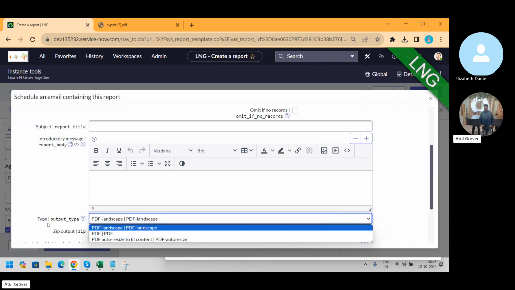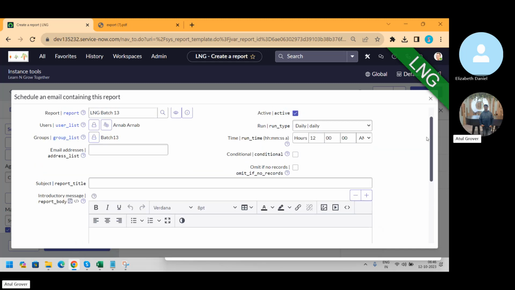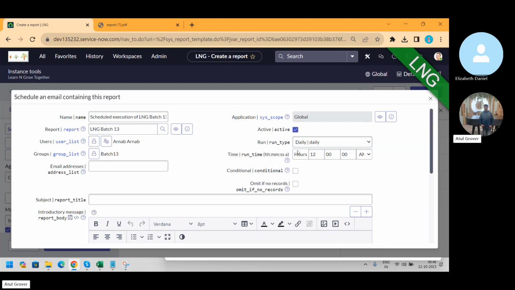Now the type of output depends on the type of report. If it is a list view, then it can be done in Excel as well. If it is a bar graph or pie chart, it will be an image only or the PDF only. What matters is when you want to run this report, daily at 12 o'clock